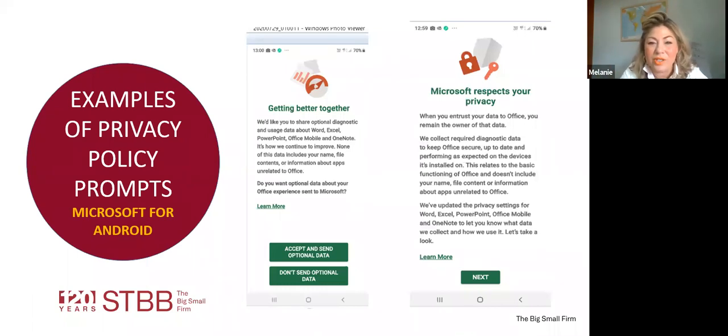So it says, we'd like you to share optional diagnostic and usage data about Word, Excel, all the Microsoft products. It's how we continue to improve. None of this data includes your name, file contents, or information about apps unrelated to Office. Then they ask me, because I've got to opt in or not, do you want optional data about your Office experience sent to Microsoft? So I can either choose accept and send optional data, or I can say don't send optional data. So now we're starting to see the opt-in and opt-out, even with your Android,